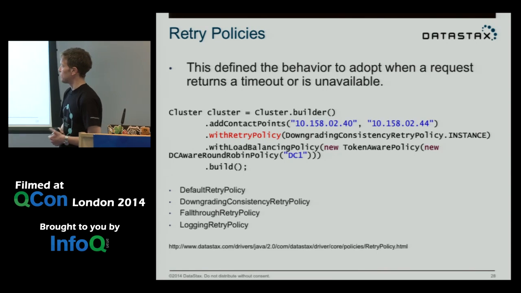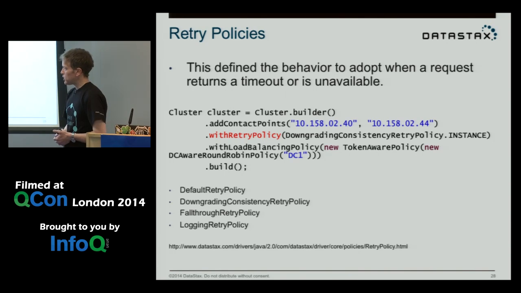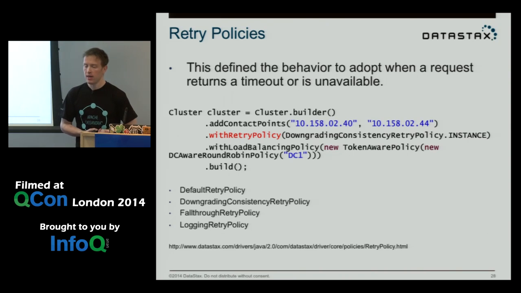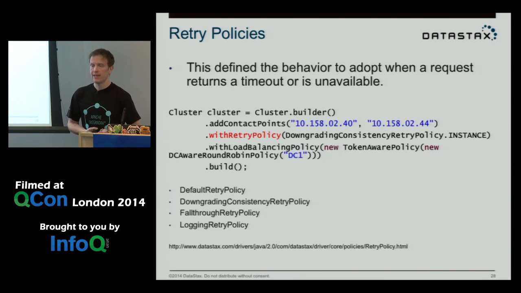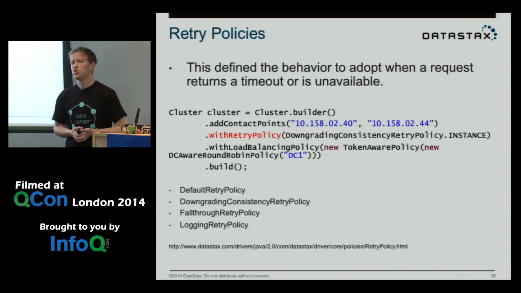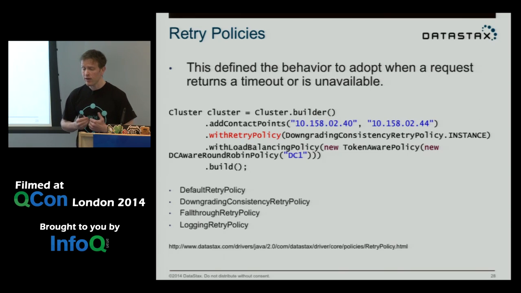It just doesn't do much. The next one there, which we're using in that example, is the downgrading consistency retry policy. And what this is intended to do, and you should use it with caution. Don't use this unless you genuinely know what you're doing. Because what will happen is the idea here is